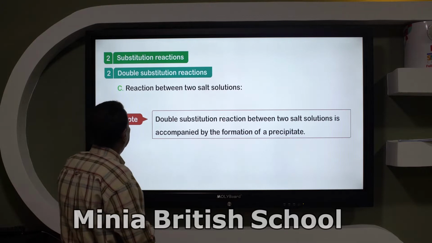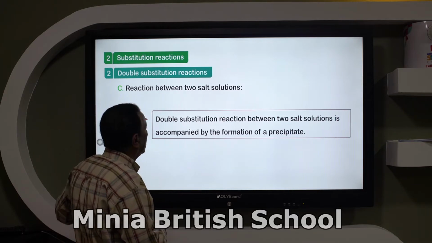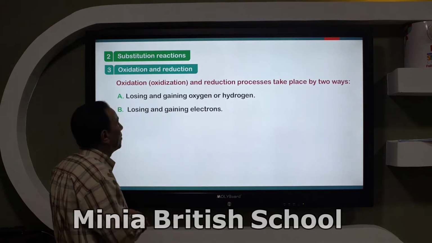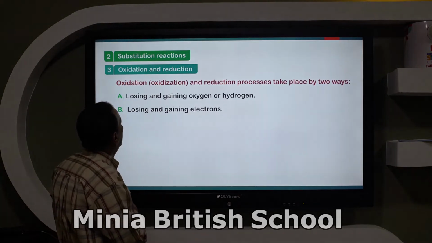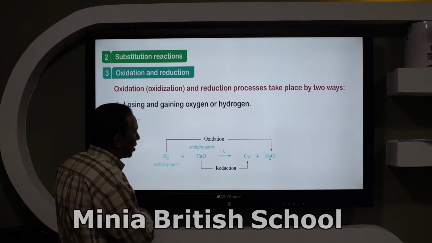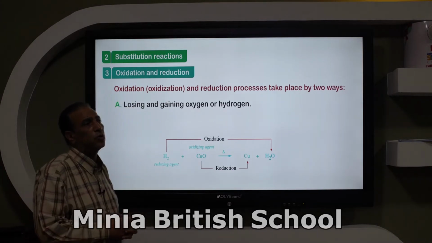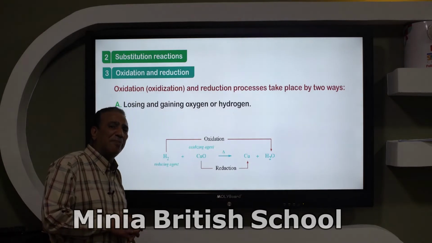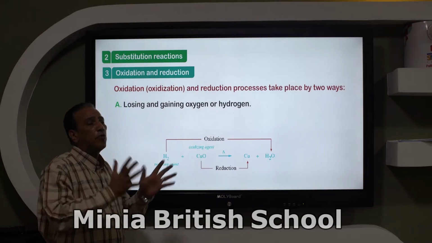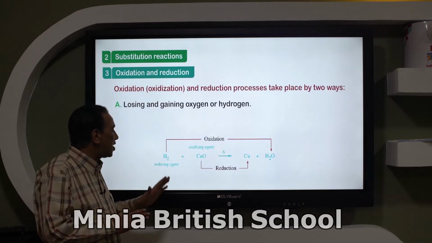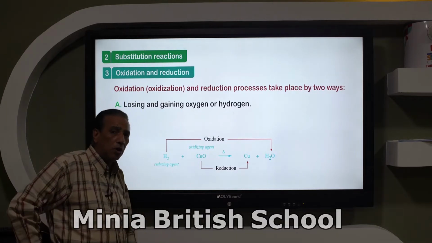This is the double substitution reaction, exchanging of the ions, forming two new compounds. The last one of them is the oxidation reduction reaction. In an oxidation reduction reaction, two chemical processes take place in the same chemical equation. If we take a very important example, which is the reaction between hydrogen and copper oxide, we know